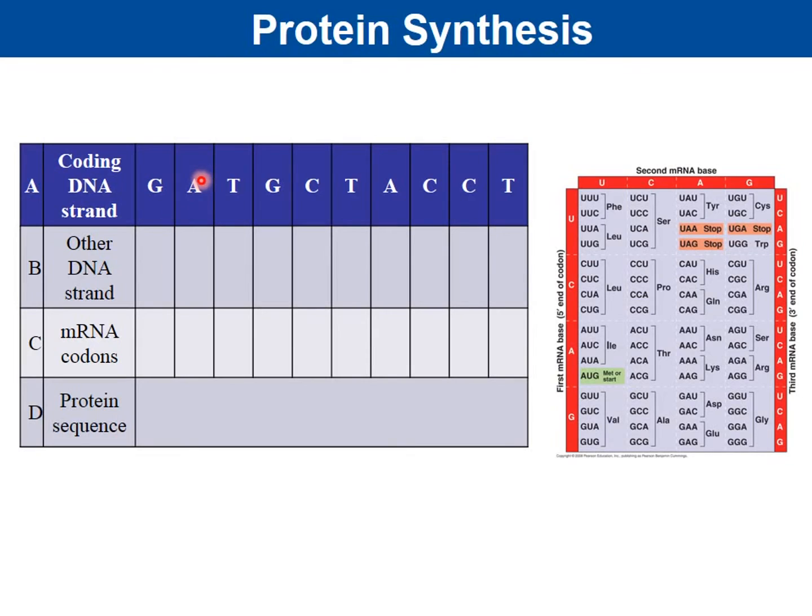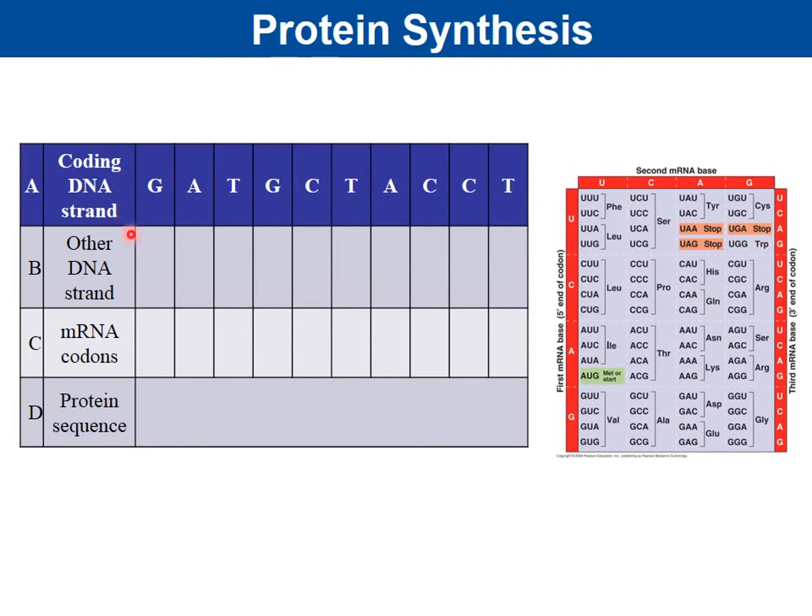If this is an A, the other DNA strand is going to be T. T is going to be A, G is going to be C, C is going to pair with a G, T is going to pair with A, A is going to pair with T, C pairs with G, C pairs with G, T pairs with A. Okay, so there's your